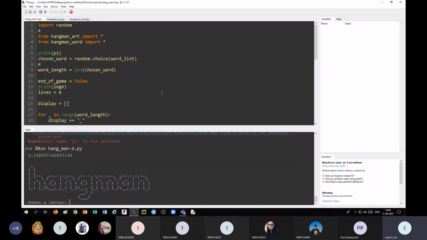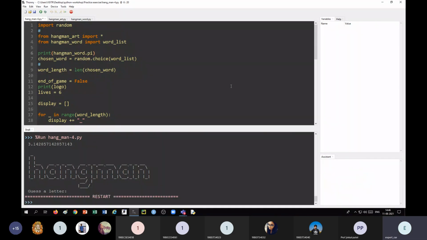Right. Now let us do all the changes which we made. Everything should work like this. We had logo, word list, and here Hangman word. Initially this gave an error because the program was not saved.